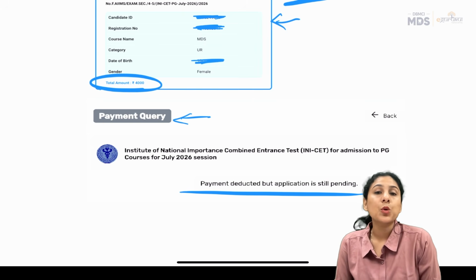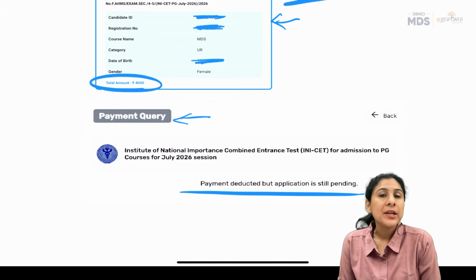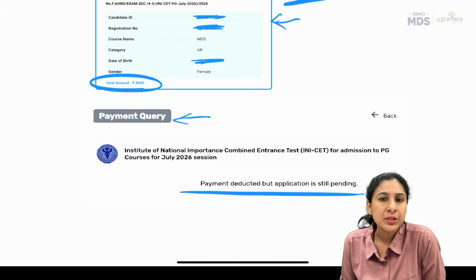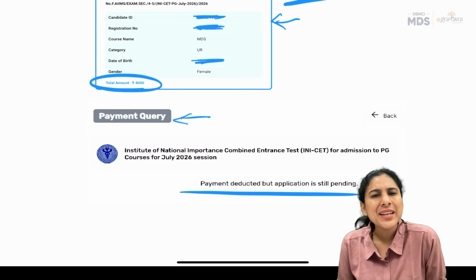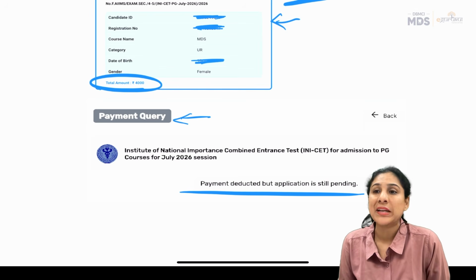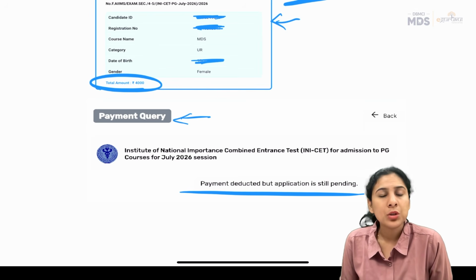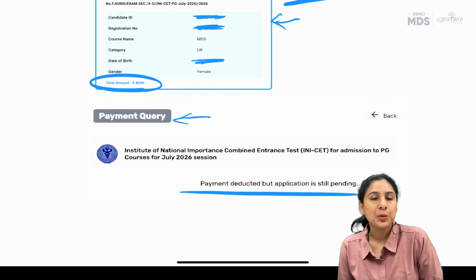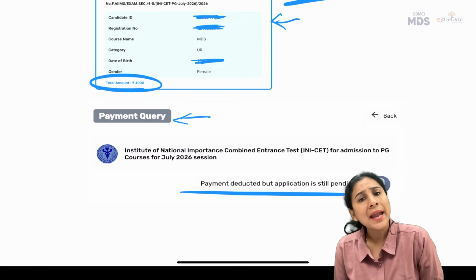All right. Try and do it on a weekday, at odd hours, not in the peak hours. Don't do it on weekends because usually it is very rushy. Most of the interns are doing it on the weekends, right? So all the post interns, you can do it on any weekday. You can do it today, tomorrow, day after, at any time.